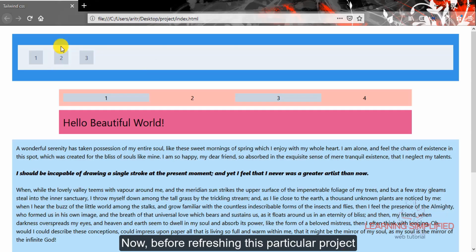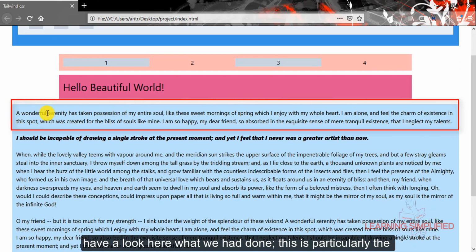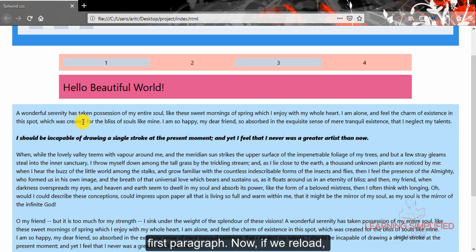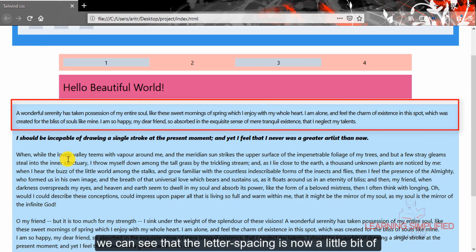Now before refreshing this particular project, have a look at what we have done. This is the letter spacing between each individual letter of our first paragraph. Now if we reload, we can see that the letter spacing is a little bit different than the previous one, the letters being tighter than ever.